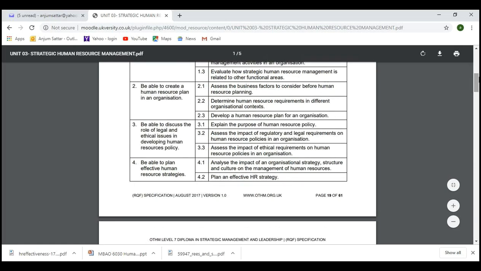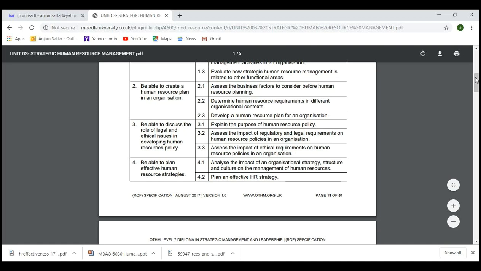So in the last lesson, we discussed being able to discuss the role of legal and ethical issues in developing human resource policy. We discussed what is meant by policy, and what sort of policies we can have. We discussed contract law. We discussed some legal employment rights, employment legislation, where we discussed equal pay. We discussed the Health and Safety Act. We discussed the Data Protection Act 1998. We discussed ethical issues in human resource, like salaries, gender pay gaps, and those sorts of things